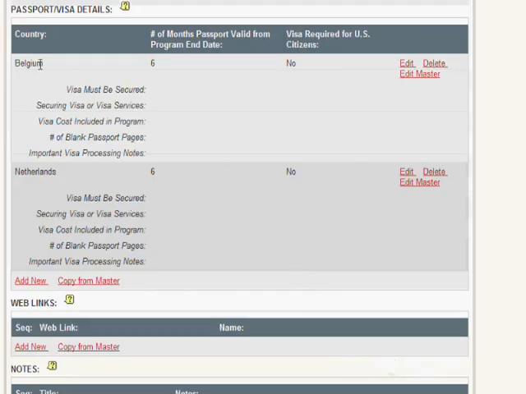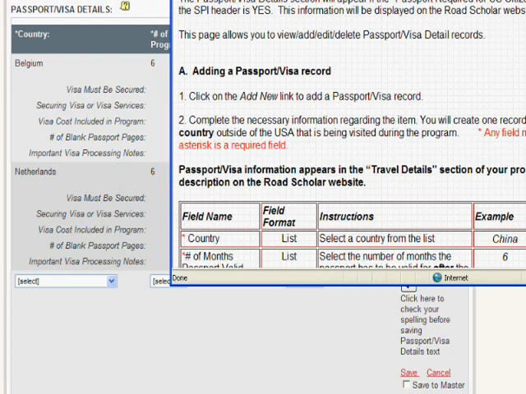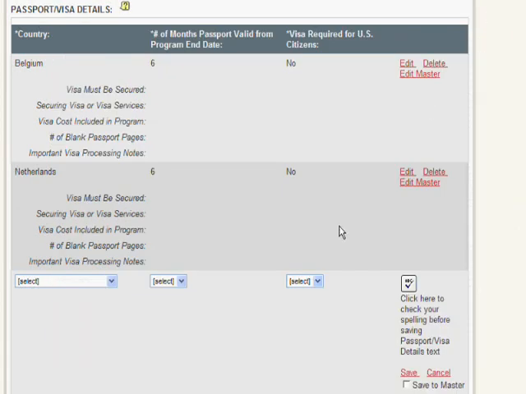Click the Back to SPI link to return to the date SPI, where you will see the records you just copied. If you need to add a brand new passport record, click the Add New link. Click the yellow icon to see the instructions for passport and visa information. Enter the information,